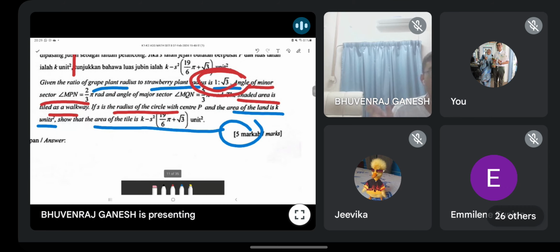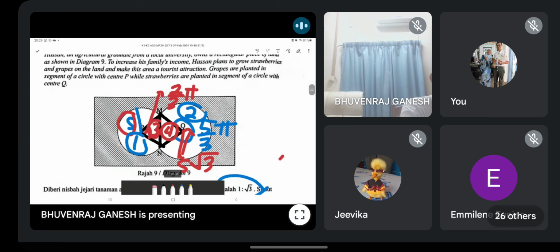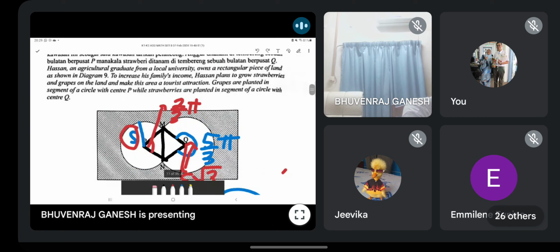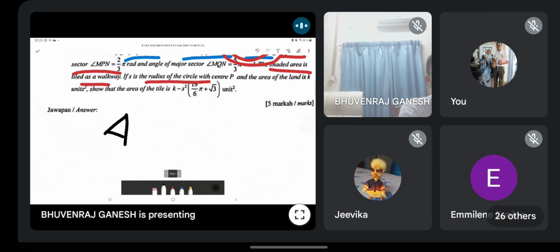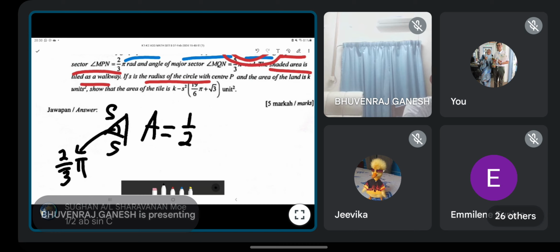show you here. Okay, so slowly lah, we have to do one by one. Okay, so no other method. So now, first of all, you know the jejari here is S already. And you know the angle also already, 2/3 pi. So what's the formula, guys? Untuk kira luas segitiga, can you remind me? For triangle, this one is S, this one is S, this one is 2/3 pi. So what do we use? Rumus 1 over 2 ab sin C. Yes, very good. So area is half S square